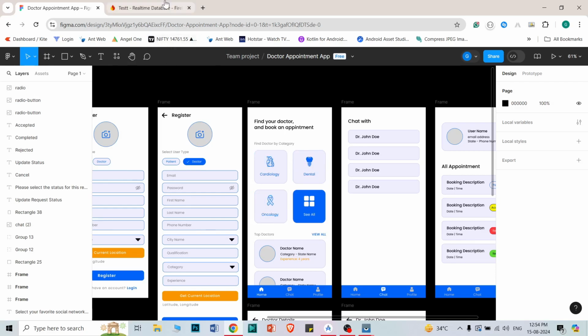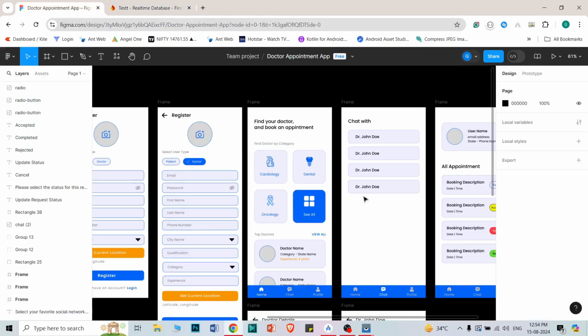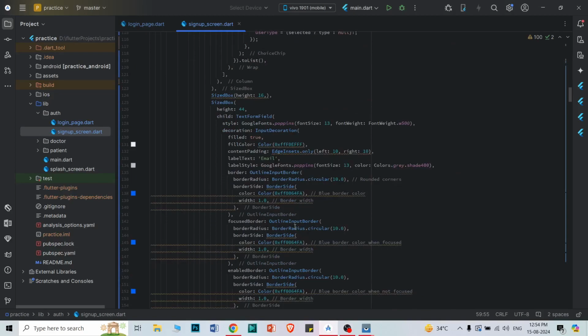How can you segregate this? If you go to the doctor profile, there is one category that the user selects. As you see, this is the category surgeon. This doctor is a surgeon, and some might be dentists, or some might be oncologists also, right? So you can select the category from here. I had just cardiology, dentist and oncology, but by default I don't think I have the cardiologist. If you see in the code, if you go to category,